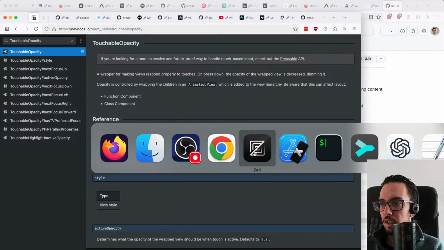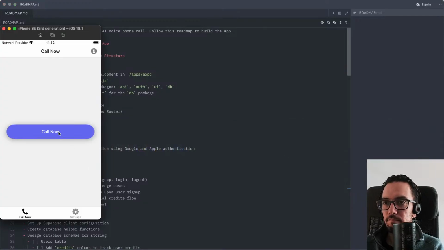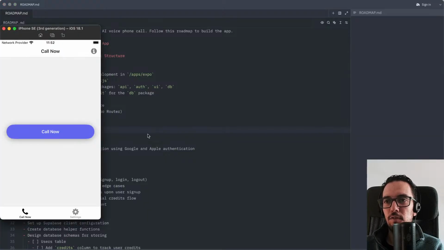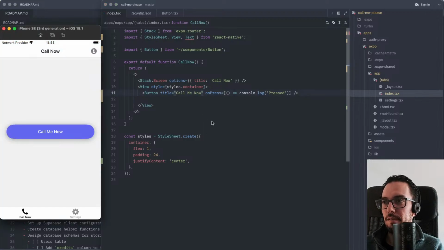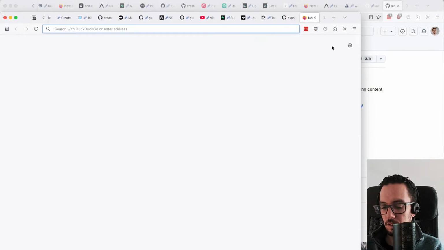Let's just keep on working on this fantastic app. We have a call button, guys. What are we waiting for? Somebody needs to call you. Maybe instead of "call now," I should say "call me now." Call me now. Much better. Cool. So we have that. Now we need to figure out how to add